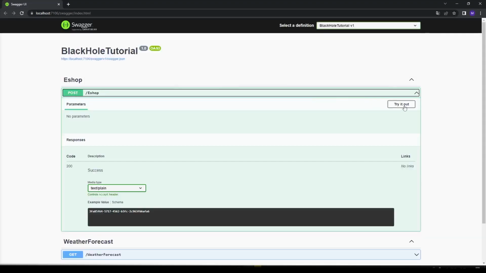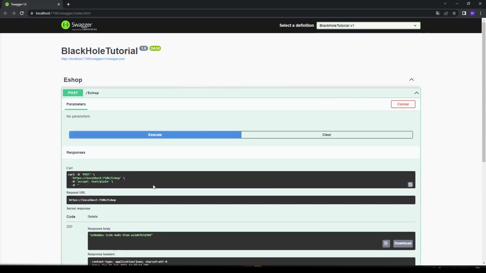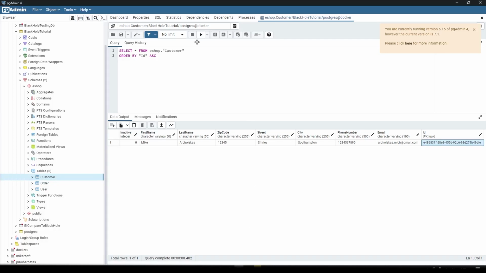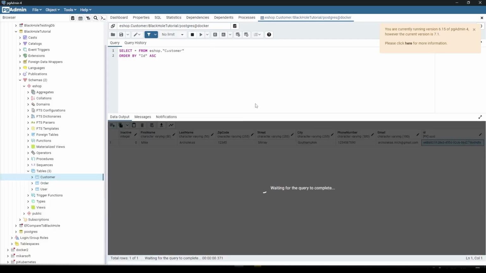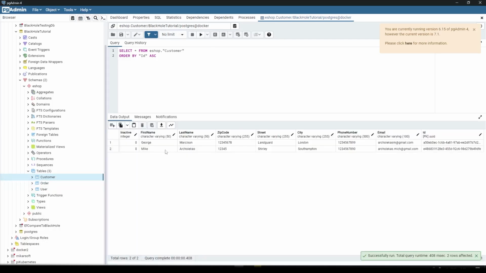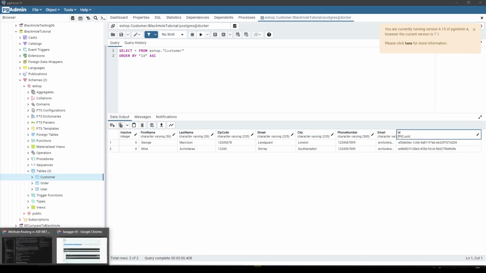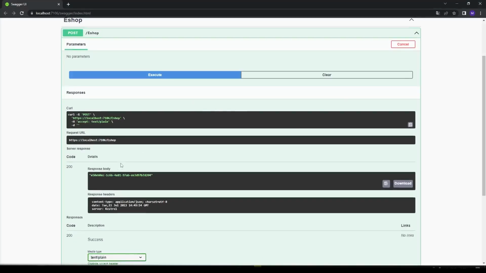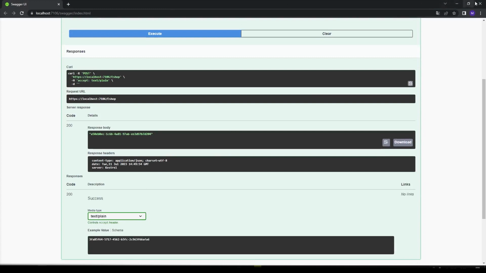So we run this. Let's post again. We've got a different GUID this time. If we run this again here in the database, we will see a second customer has been added with a different ID. Let's make this a bit bigger. All right, I think this time the IDs are matching again. And now